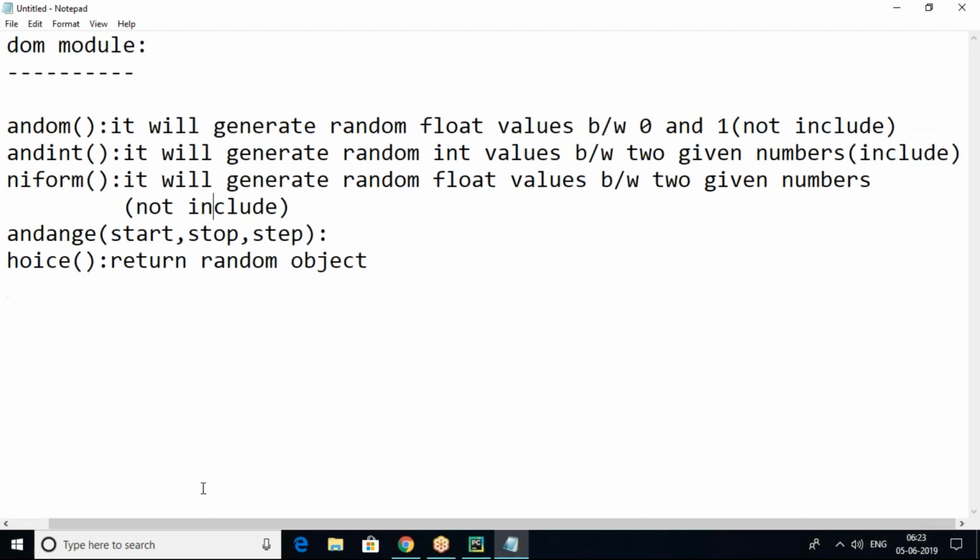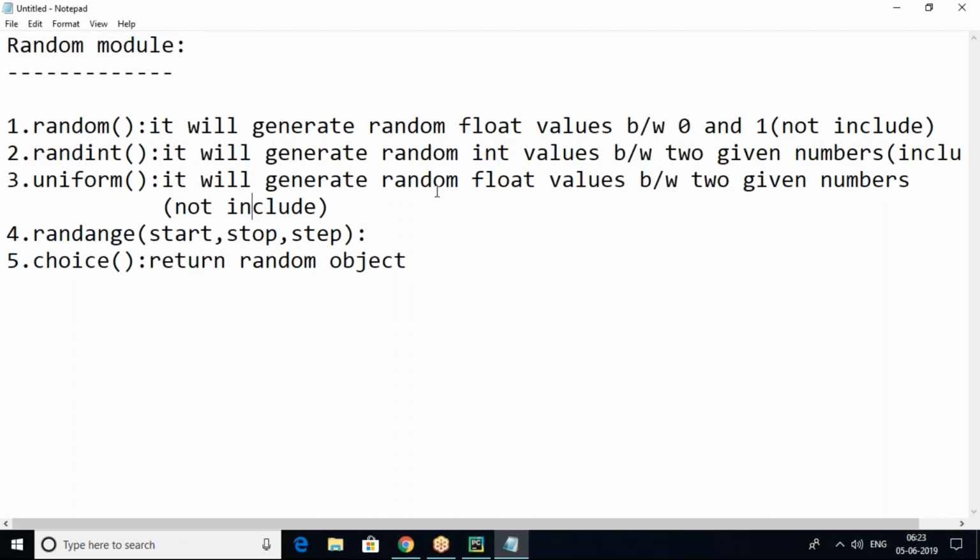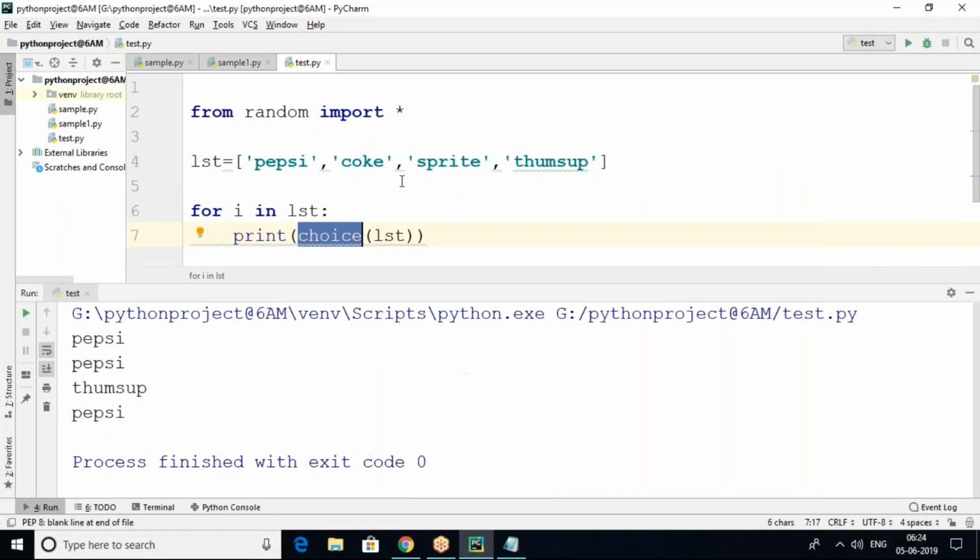And uniform generates random float values between two given numbers, not including. And randrange takes start, stop, and step values and generates random numbers based on that. And the choice function will not return random numbers, it returns a random object, picking values from the sequence.